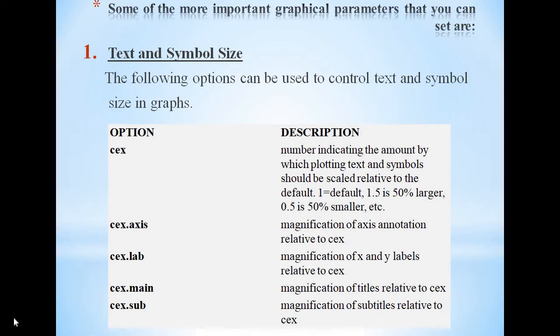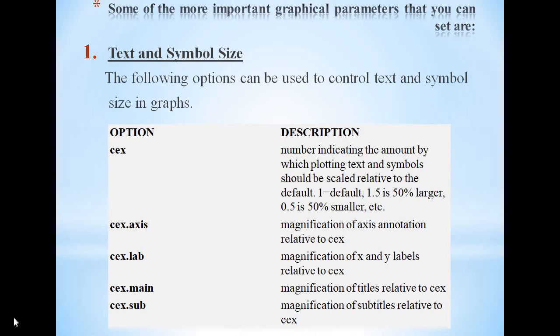First one is for text and symbol size. For controlling the text and symbol size in graph, you can use the parameters like CEX, CEX.axis, CEX.lab, CEX.main, CEX.sub. Each of these parameters changes according to the value you give to them.